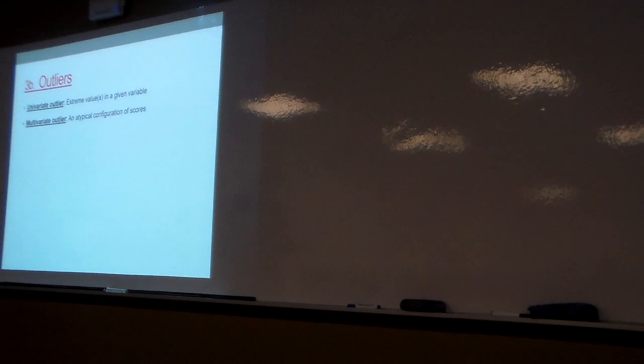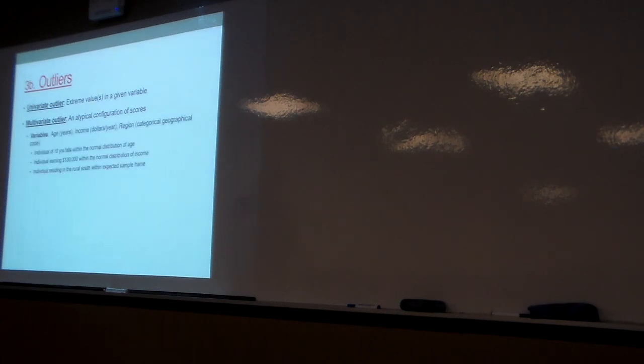Okay. All right. Outliers. Univariate outlier, we've talked about that. Univariate outlier is just an extreme value. And again, I prefer extreme values more than outliers, right? Because it's hard to say what is an outlier and what's not, what my impact is and things like that. But again, we're looking for extreme values within a given variable for a univariate outlier. My multivariate outlier, this is some sort of atypical configuration of scores. Here I've got a number of different variables coming together in a strange configuration that doesn't make a lot of sense given the rest of the data, okay?